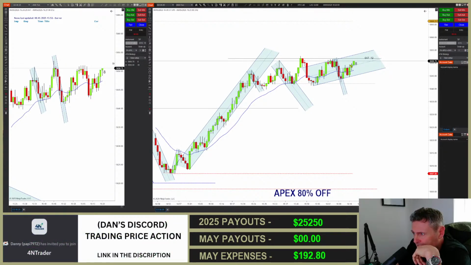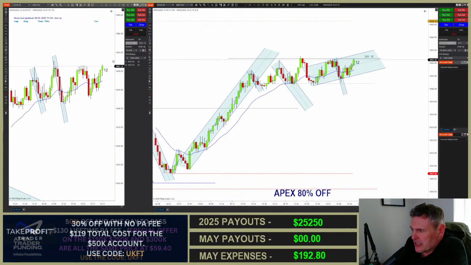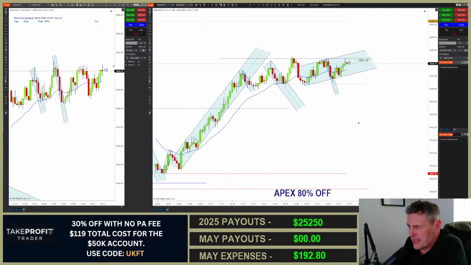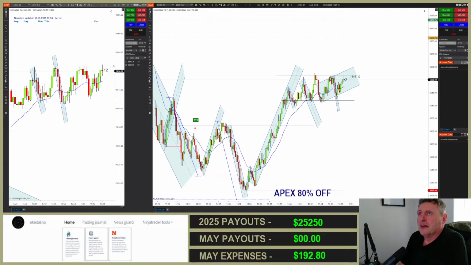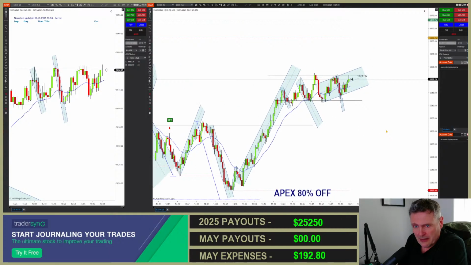If you're getting a tick above there, right to the very highs, you've got 3 points and you'd have to push through. So it may work. It is looking like it's slowly working. I mean, it'll only go so far if it can't get down, which, let's face it, it's struggled to get down. We either go sideways or up, but the last couple of times we pushed down, it does seem to be creeping up. So my gut feeling is it's probably going to start to do that, but